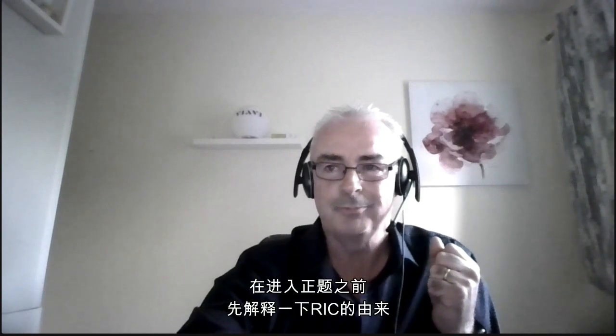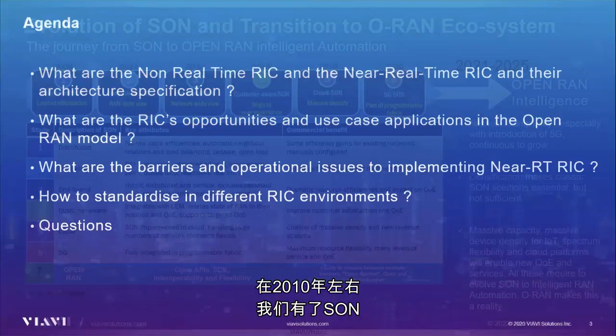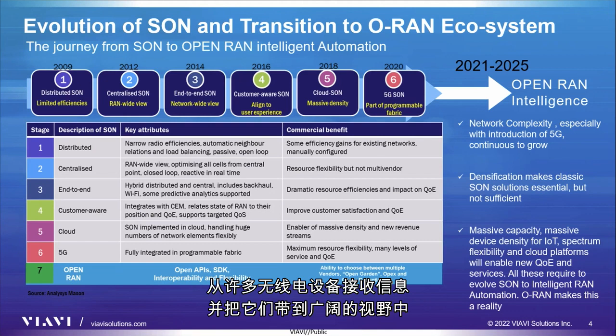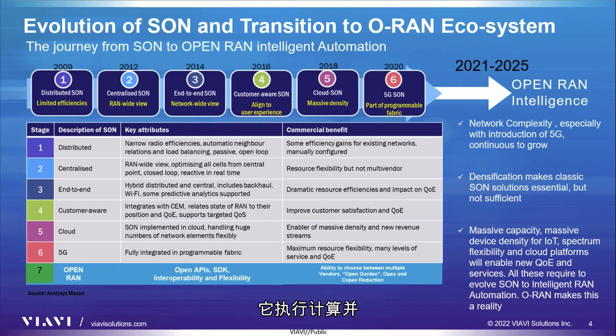And then we'll see how we're fixed at the end, but we hopefully will have a bit of time for one or two questions. So to kick off and explain where the RIC has come from, I'm going to start off with a little history lesson. So around 2010, we had SON, which stands for Self-Organizing Networks. And the first one of those was something called CSON, which is Centralized Self-Organizing Networks. And this sat on servers deep into the network and took feeds from many radios and took a RAN-wide view. It performed calculations and fed back changes with the ambition of improving the network.